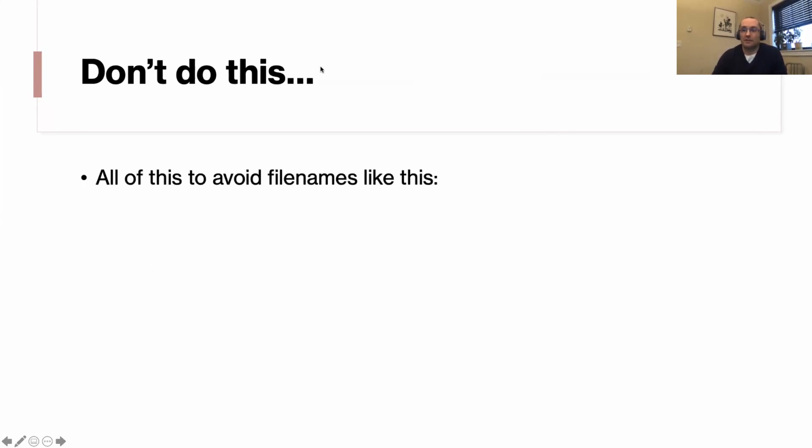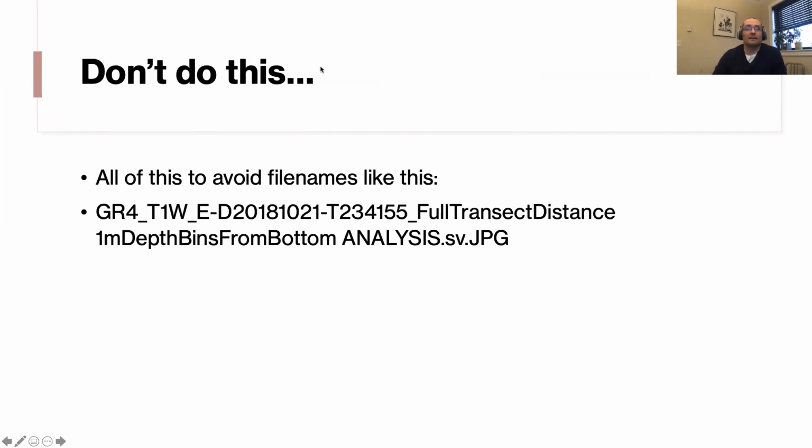This is an actual example of a file I came across, and it is 87 characters long. You can see it's got a space in here. That's why it's on more than one line. It's got an extra space here. It's got an extra period. It's got underscores and hyphens. It's got some parts in camel case. It's got some all caps. It's got metadata in here. It's got the date, even the time down to the second.